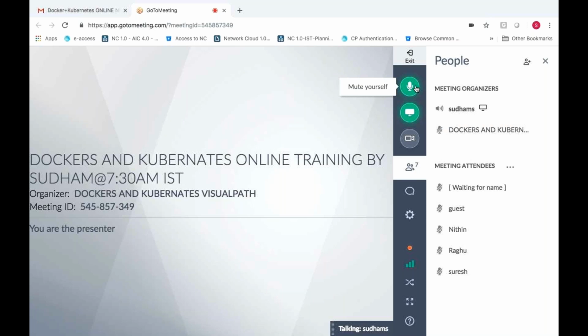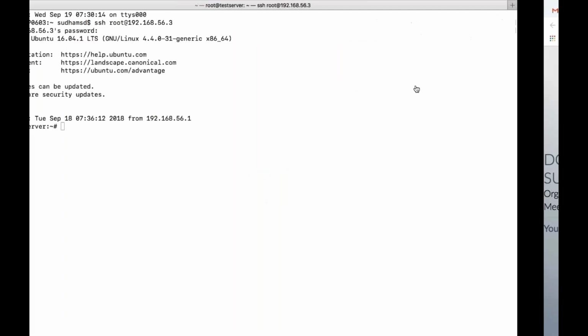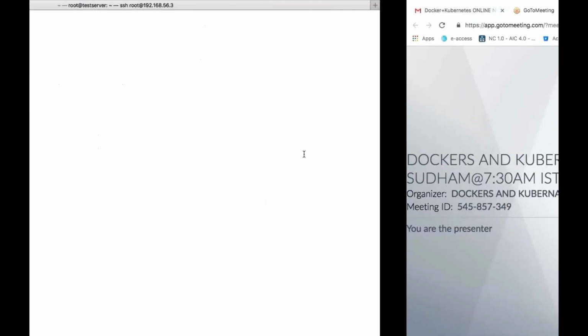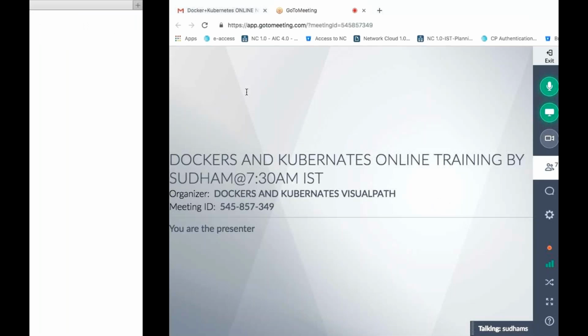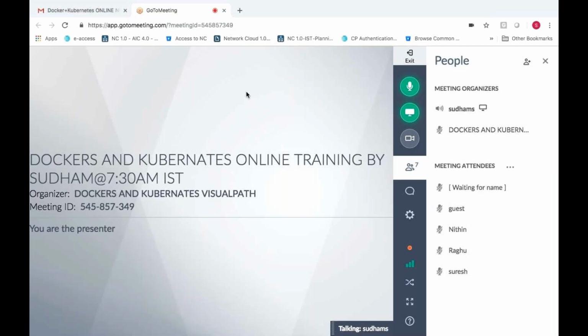Hi everyone, good morning. So yesterday we have seen how to pull the images from the Docker Hub and how to create a sample container. Okay. So now today let us try to create a container. We'll install some applications in it and we'll try to access it from outside and we'll see how we can do it. Okay. So let's take one example.